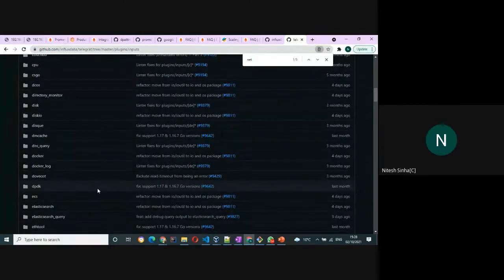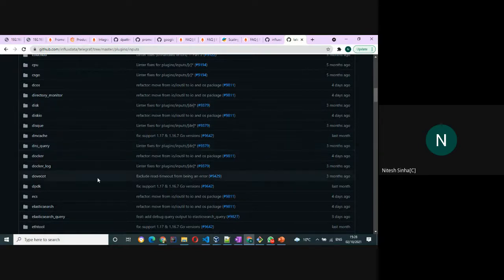So, Neeraj, just a quick follow-up on this. I'm just trying to understand how Telegraf fits into this entire monitoring ecosystem. Prometheus can actually directly scrape the metrics from the application itself, so in which use case would we really need Telegraf? Would it be for apps which are not